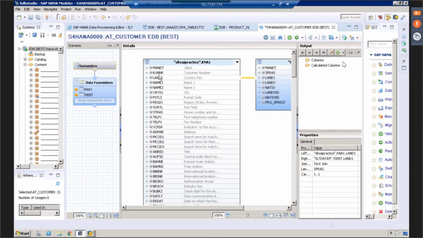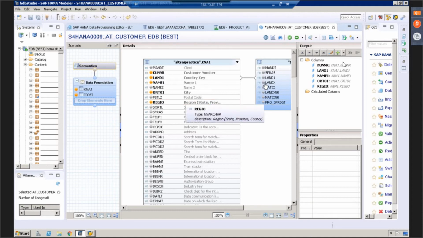I would like to see the customer ID, the country of the customer, the name of the customer, the city, and the region of the customer. I would like to also see the country text. Once I select all the required columns,